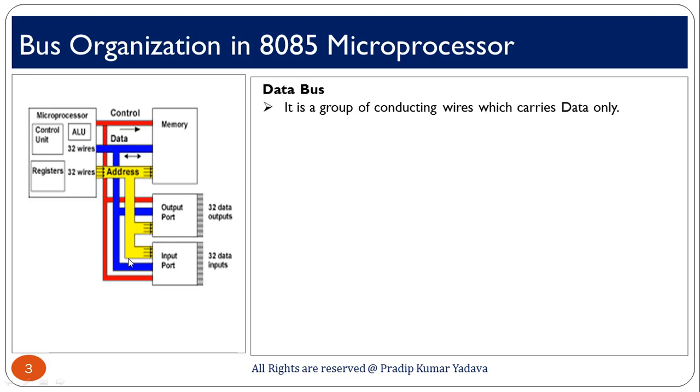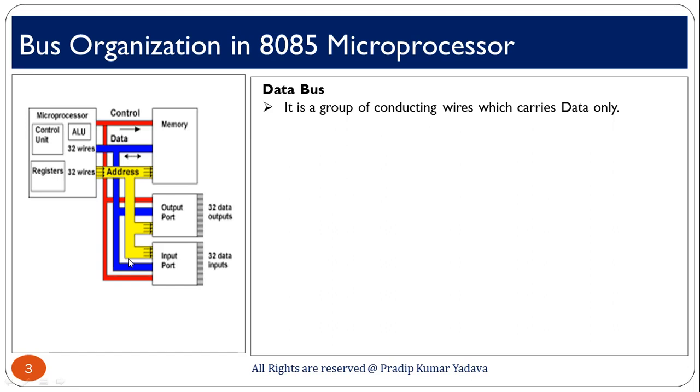Here I am going to discuss the data bus first. Data bus is a group of connecting wires which carries data only. Connecting wires means, I think you have seen a computer and laptop also. When you visit any manufacturer shop where they prepare laptops, when they open your laptop or CPU, you can find there are many wires. Basically those wires are called bus in terms of 8085 microprocessor, or in terms of computer language. So here data bus is a group of conducting wires used to carry data only.